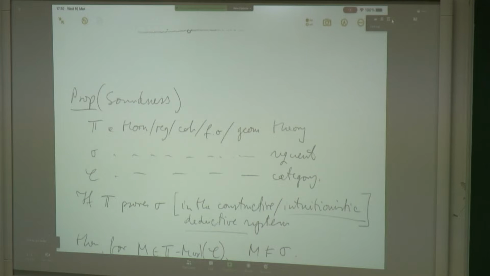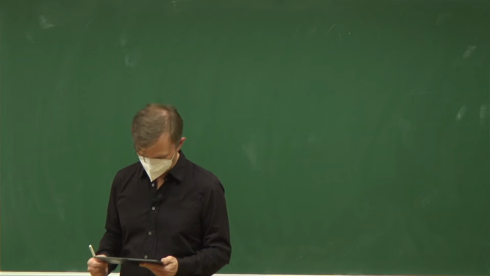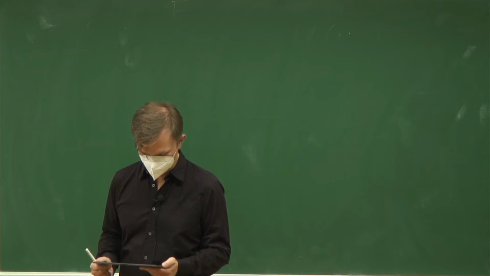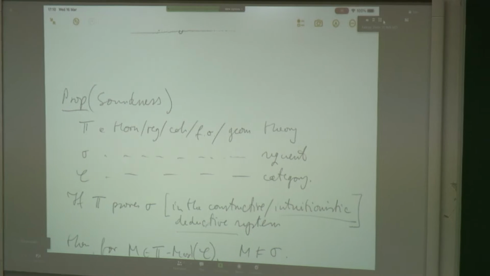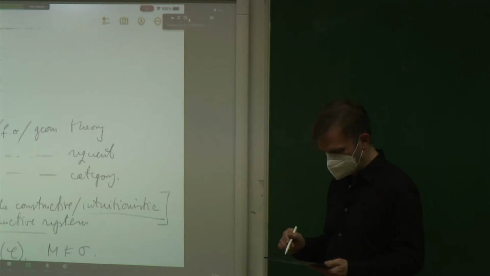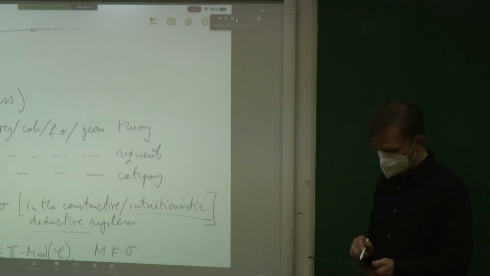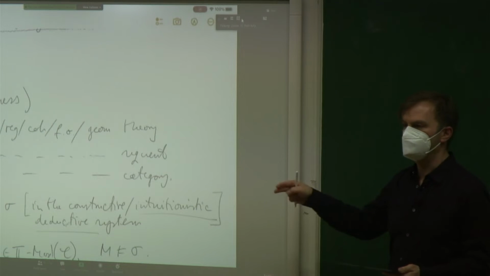So this is the parallel to the soundness theorem from ordinary first-order logic. So if T is a Horn or regular or coherent or first-order or geometric theory, sigma the same type of sequent, and C the corresponding type of category,